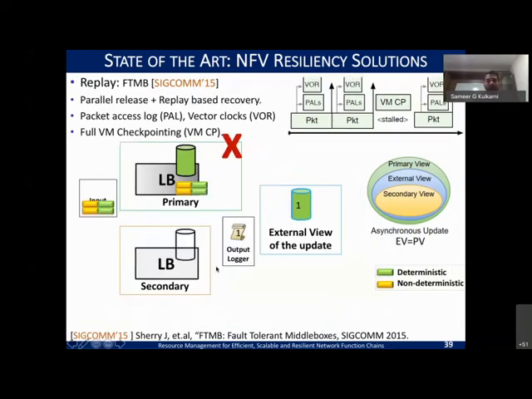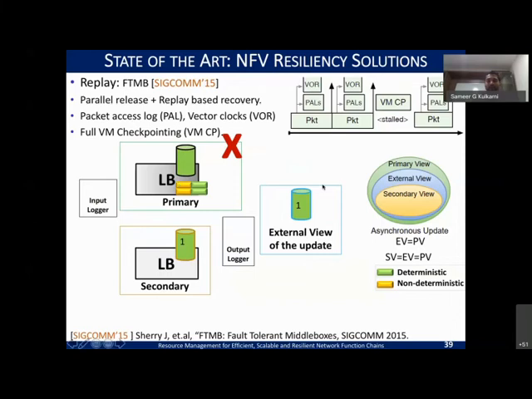So if we say that this instance failed, you have the state here at this point. And you also have the packets here, which had really been updating this state. So if I can use this state and use these packets to know the tie-up of the information that I need to look for, then you can make sure that you process at the secondary exactly the way the primary processed, and that way you get rid of non-determinism.